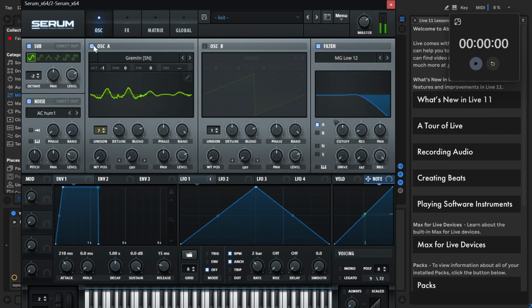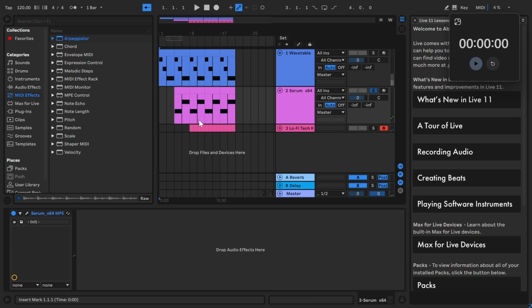Then we add the oscillator A, which we're just affecting with the LFO. As it gets higher up here, it's affecting the filter, which is only filtering out this oscillator with the unison. And then